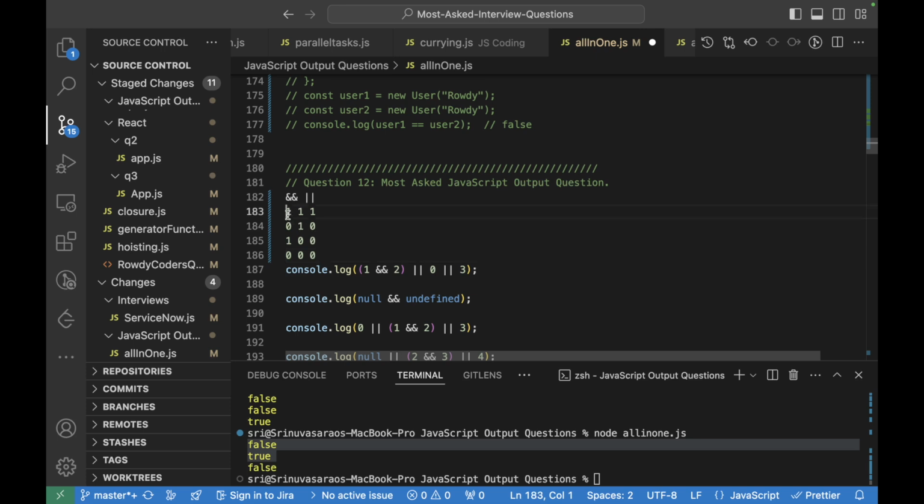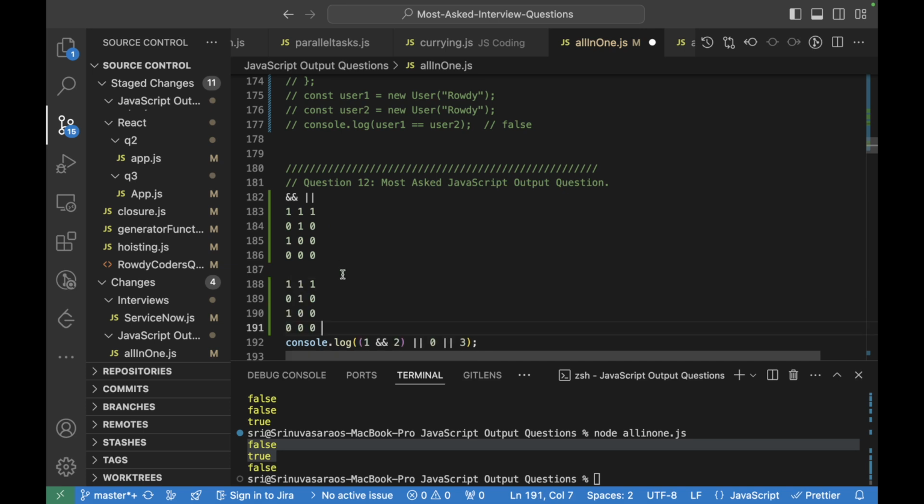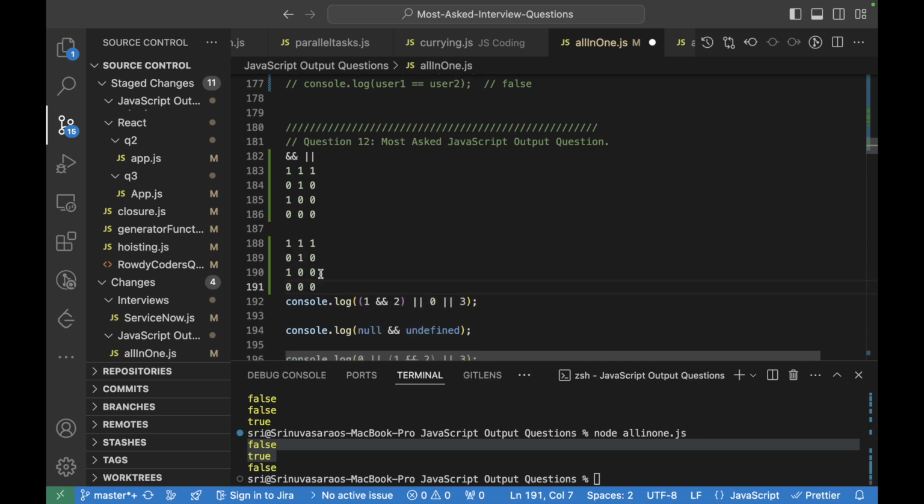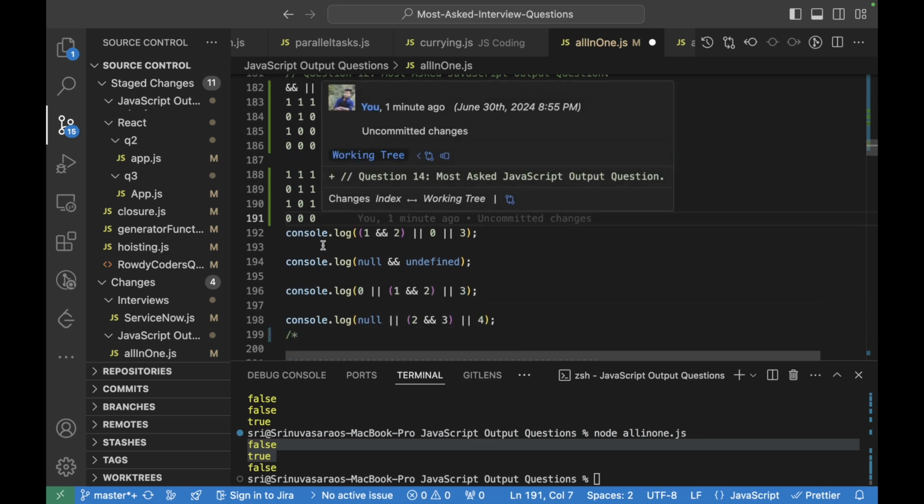So these 1s and 0s are nothing but trues or falses. And in a similar way, how does OR work? OR will work for anything. If one false or one true is there, then it will give true only. And when both of these are false, then only it will be false. Otherwise, in other cases, it will be true. Let's apply the same here.